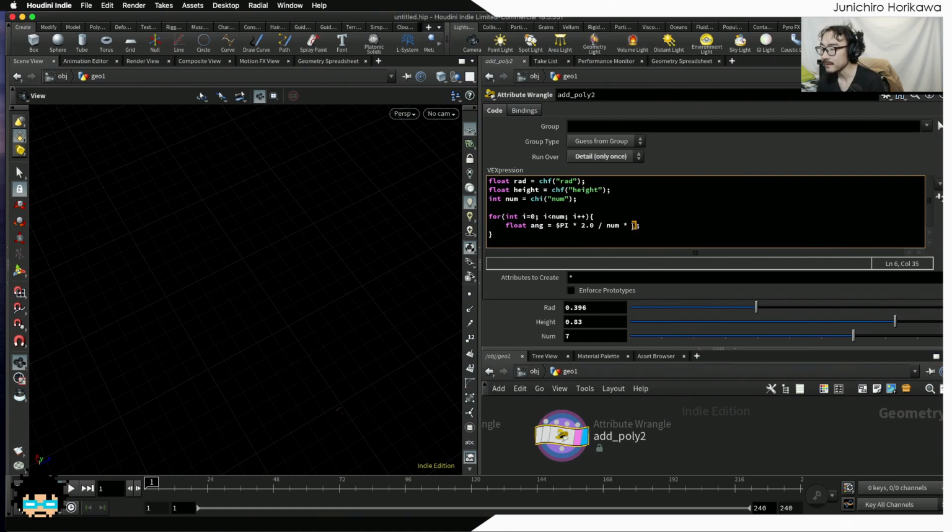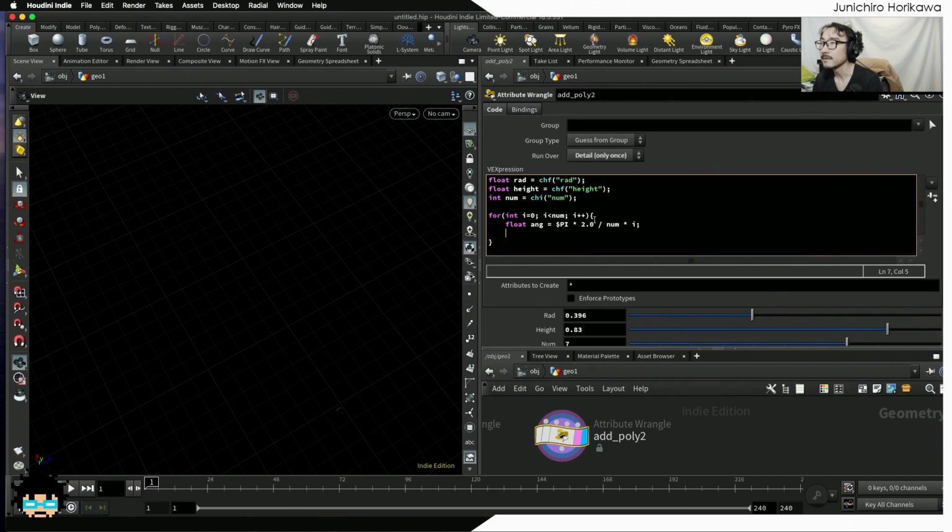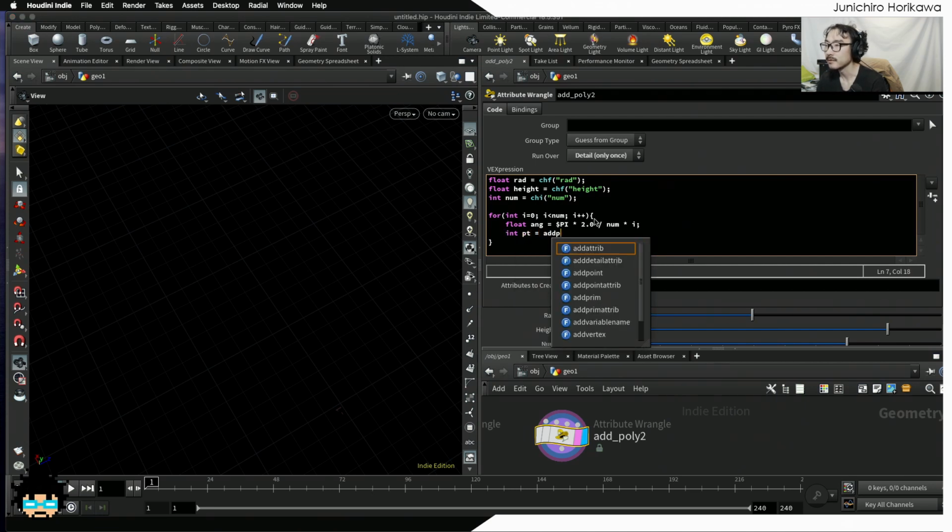So if you multiply this 60 degrees by i, you'll be able to get the value incremented by 60 degrees, so 0, 60, 120, 180, and so on. Okay, now that I have this angle for each point, let's create a point position using, again, the trigonometry to get the circle position. So int pt = addpoint,